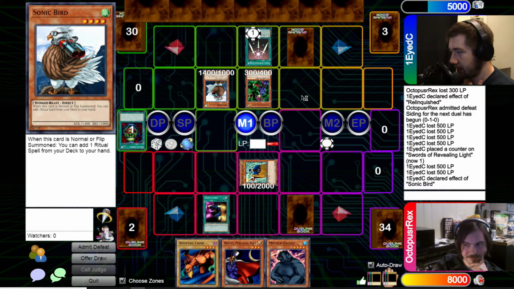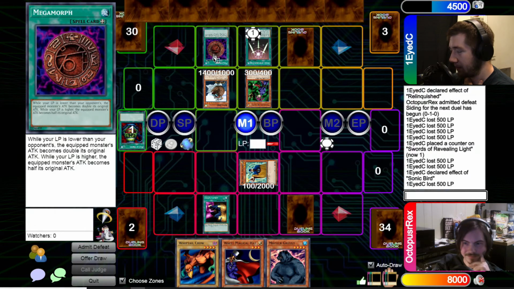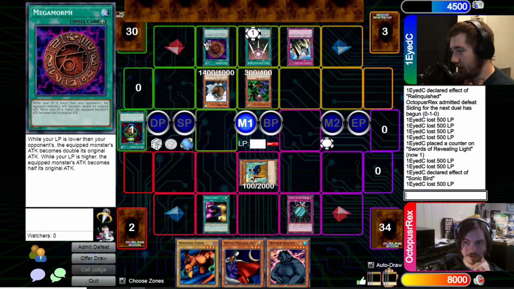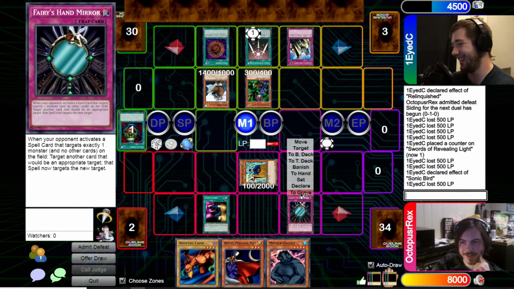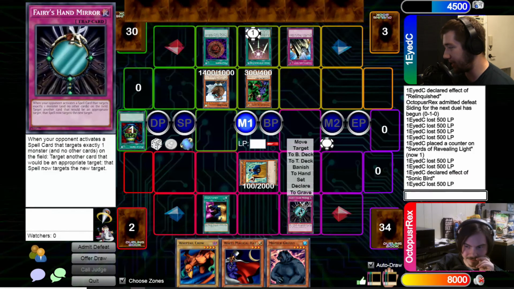Activate Megamorph, paying 500, targeting my Sonic Bird. Ooh. I will go ahead and Fairy's Hand Mirror. No, you won't. Oh, okay. Solemn Judgment. That's fine. That's, what's half of 45? That's 20...